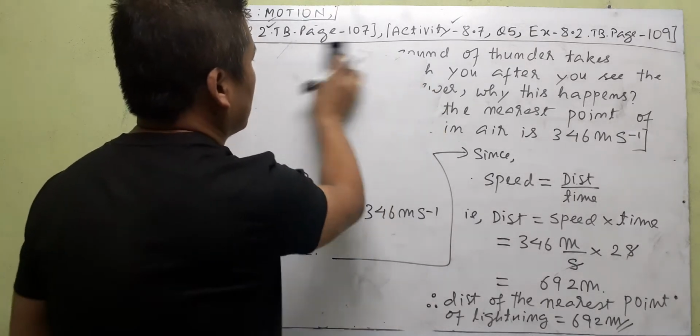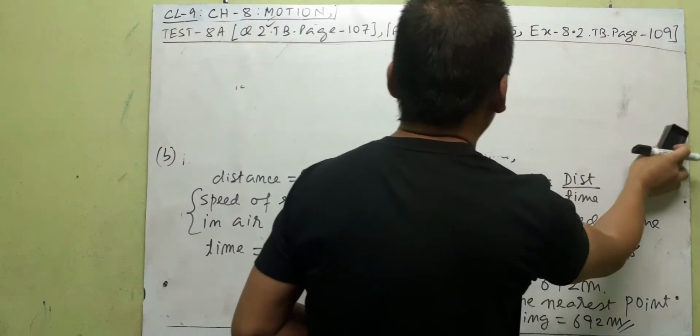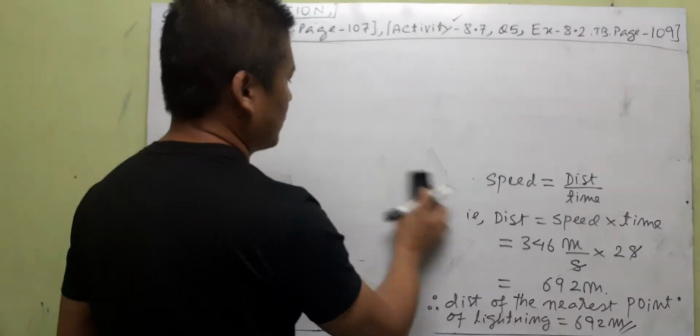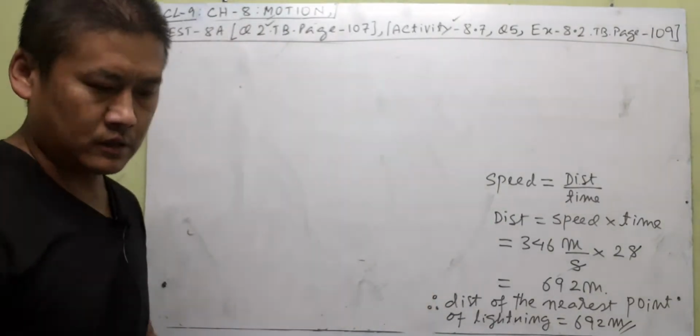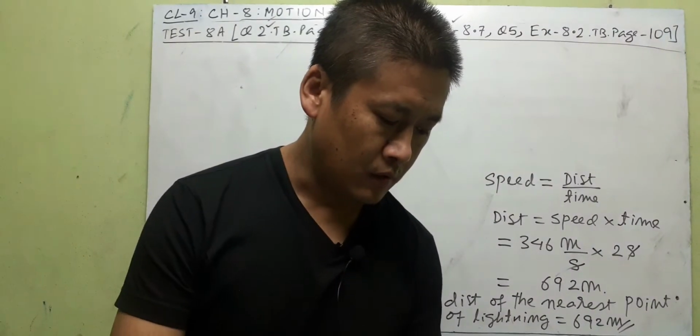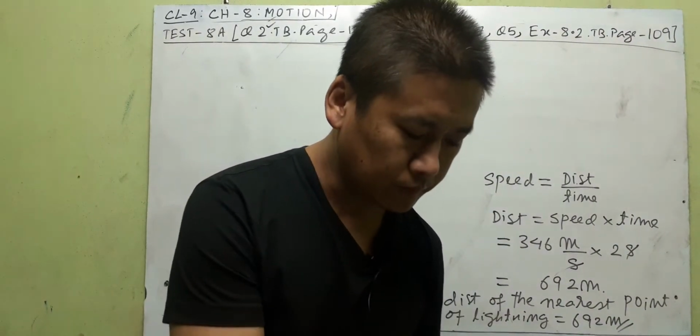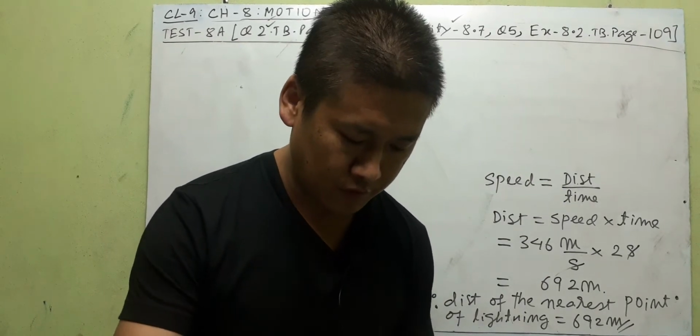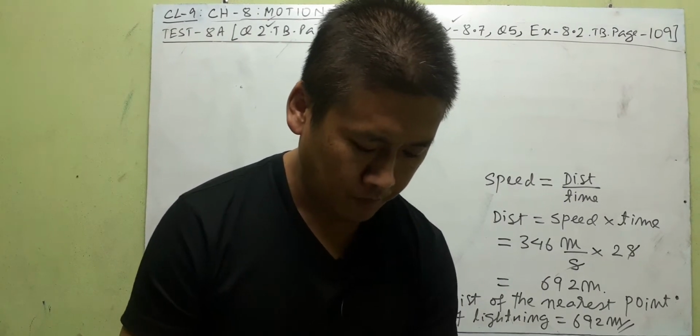So you can open your textbook and go there. 107. Do slowly, don't hurry, it's quite easy, just think and do. Okay, 107. So there, page 107 of your textbook. If you go there,